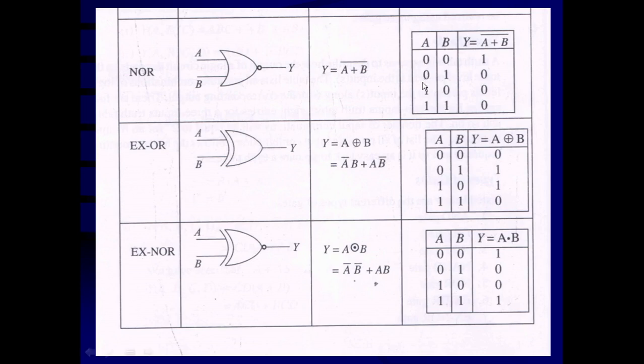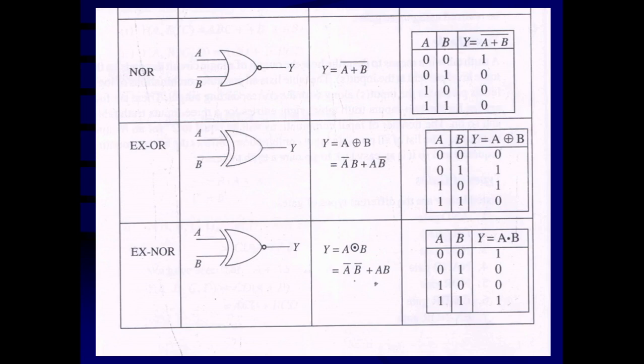So if any one of the inputs is high, output will be 0 here. In a NAND gate, if any one of the inputs is 0, then output is going to be 1. So this is very important for the NAND gate and NOR gate. This is the characteristic of the NAND gate and NOR gate. So again I am repeating, in a NAND gate, if any one of the inputs is 0, then the output of the NAND gate is definitely 1. And in a NOR gate, if any one of the inputs is 1, then the output of the NOR gate is definitely 0 irrespective of the other inputs.